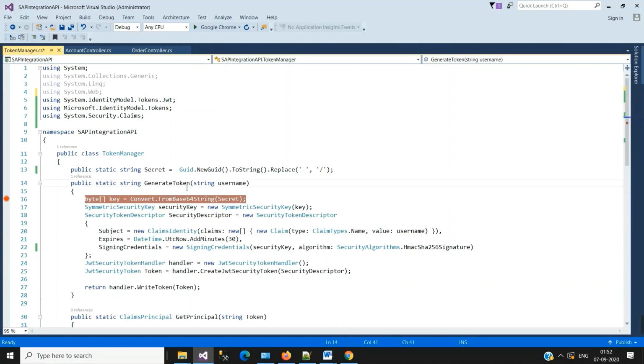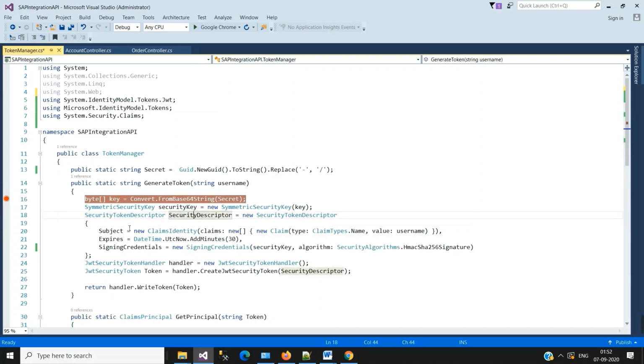In the GenerateToken method, we are converting that secret variable, which would be some random value, into a Base64 string and storing it in a byte array. The same key is passed into SymmetricSecurityKey to create a symmetric security key object.